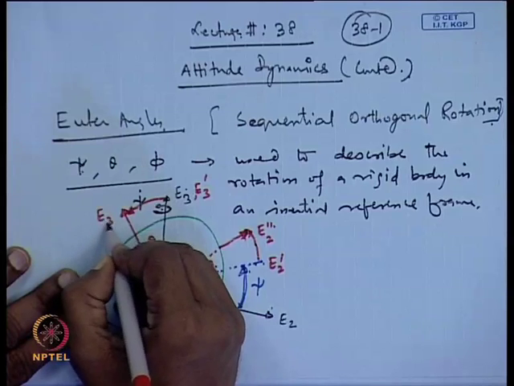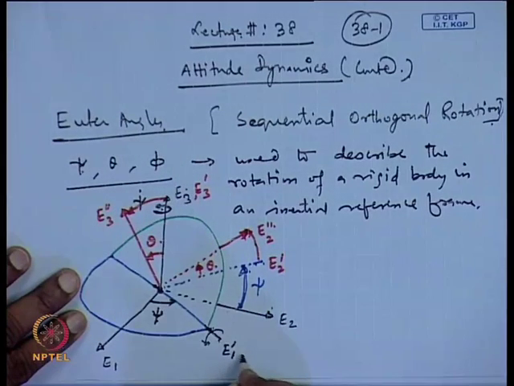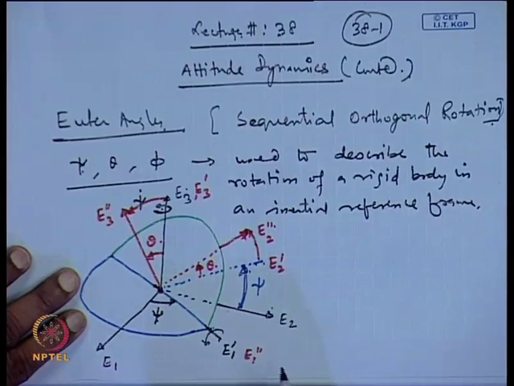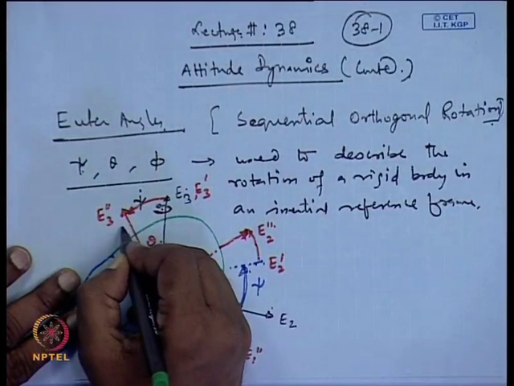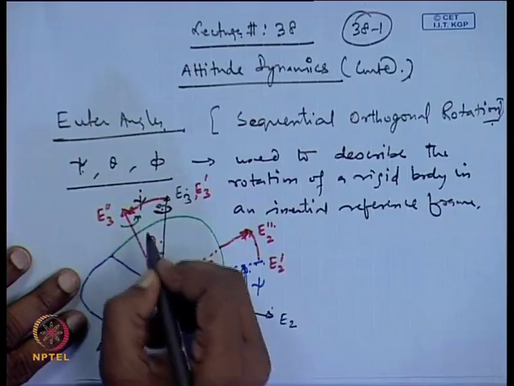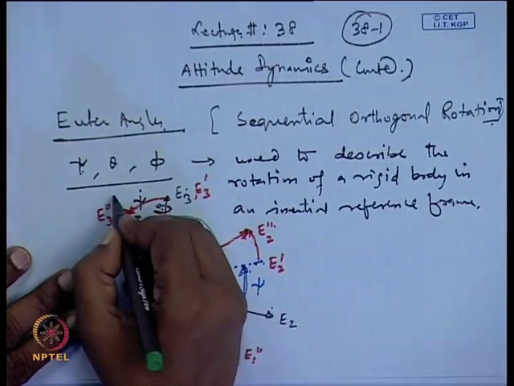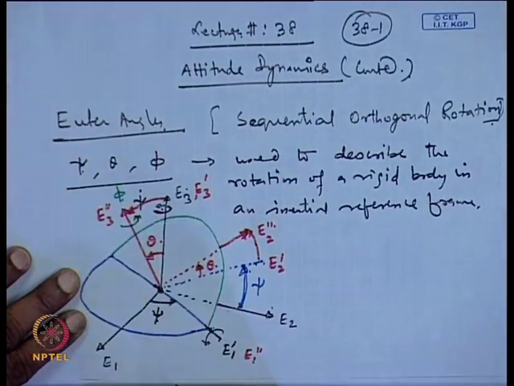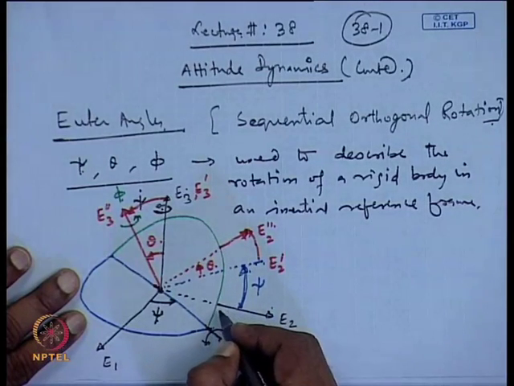Similarly, here this will be your E3 double prime, and in this place itself you can write E1 double prime. Now, the third rotation we give about the E3 double prime axis, and that rotation we give by angle phi. So, if you rotate by angle phi, you can see that